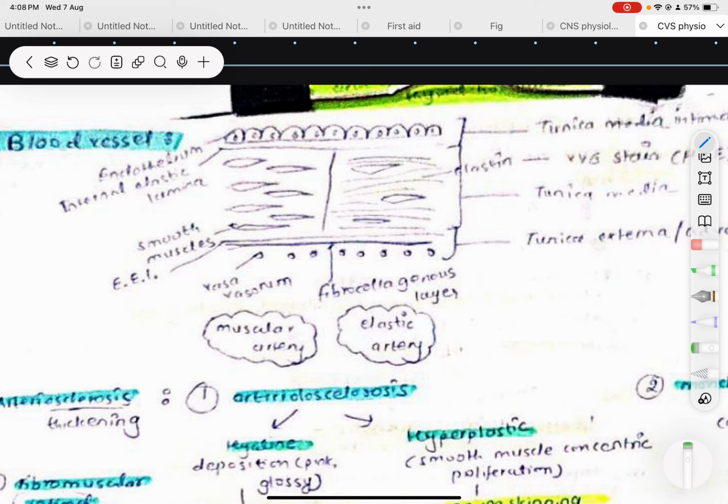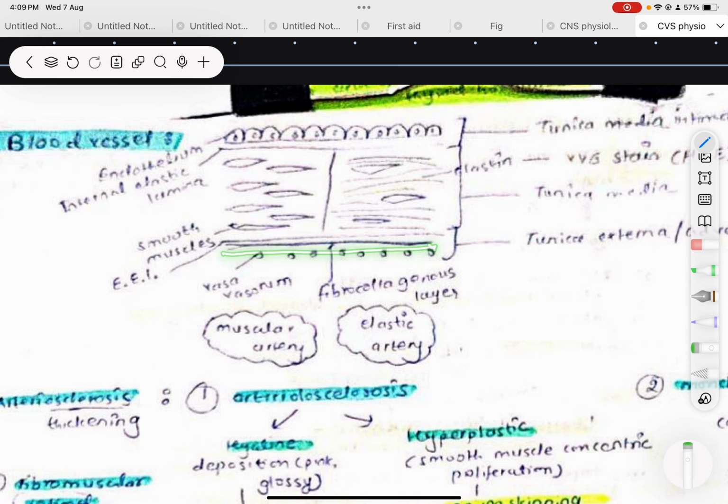and after this there is smooth muscle. These are the smooth muscles, and if it is a muscular artery there will be smooth muscle, but if it is elastic artery there will be few smooth muscle and more of these elastic fibers. So this is elastic artery. After that there will be external elastic lamina, and after that there will be